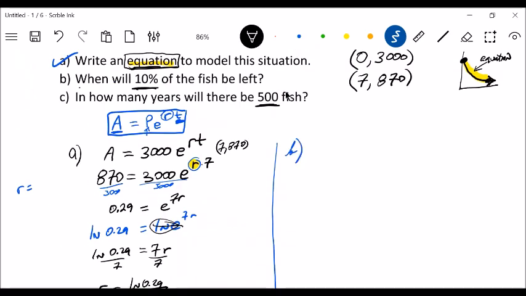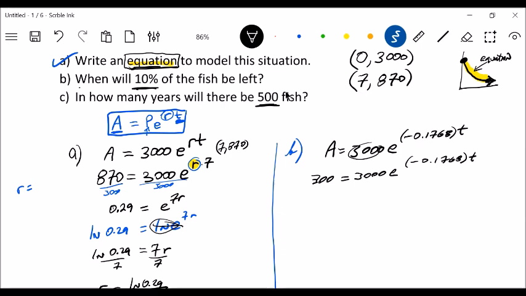P, A equals 3,000 e negative 0.1768 t. Okay. So if the percent is 10%, that means that the amount, well, I'm thinking of the original, 10% of 3,000 is 300. So that means it was 300 left equals 3,000 e negative